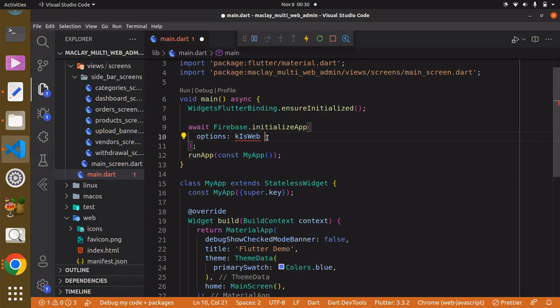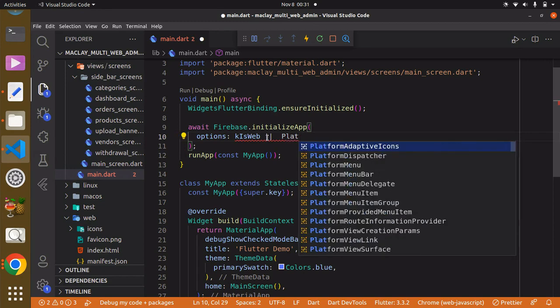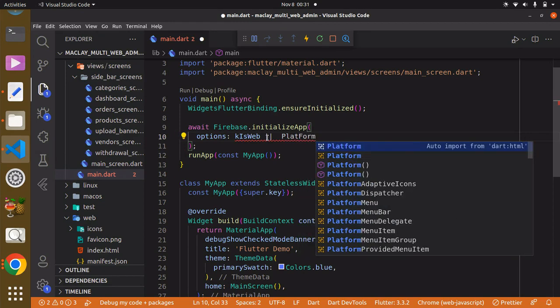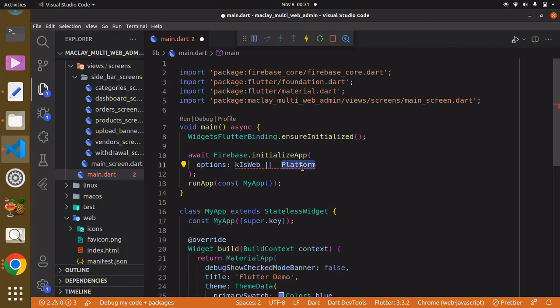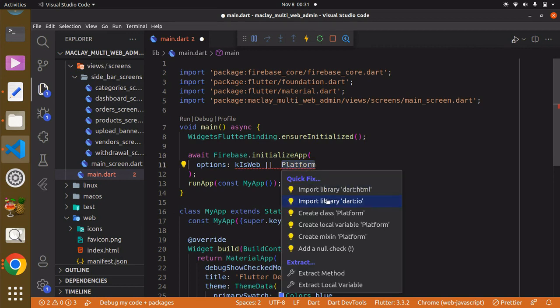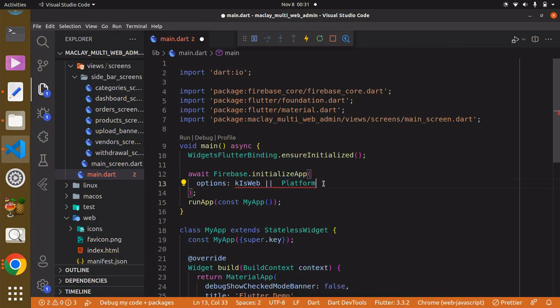And over here we can add the question mark and say platform, and default is going to import from dart:html, and this is not going to make your app run. So what you have to do is get rid of this, use Control and dot, and we want to import from dart:io, and we can then say isAndroid. Then only we want to say Firebase